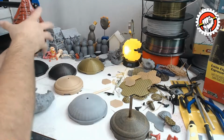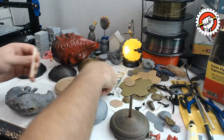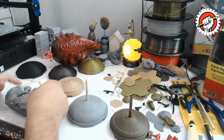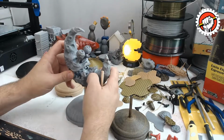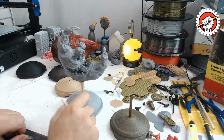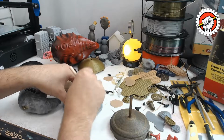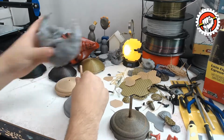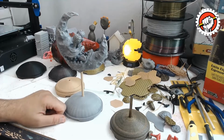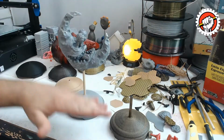versus, let's see here. So this one's about an inch shorter, and so that's fine. I just don't think that one, this one definitely needs to be a little bit higher off that base. I think it gives a visual necessity to be that much higher. It's a small thing, I know, but there's a balance here that I think would work, especially